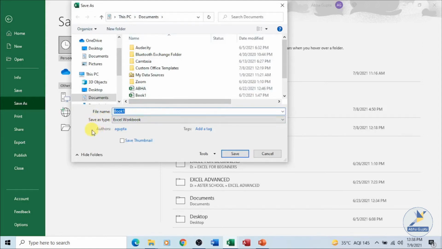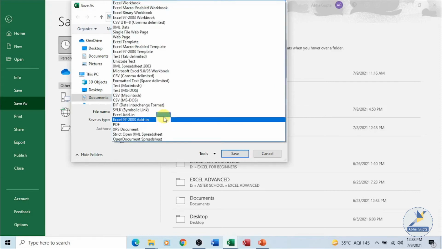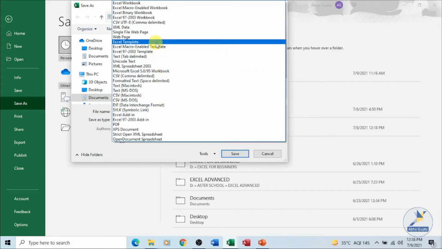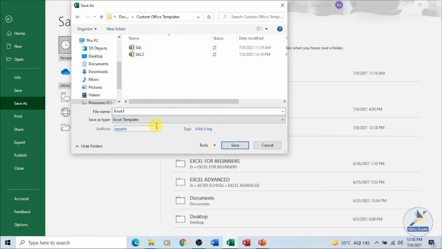The thing which you should keep in mind is Save as type. You are not saving it as a workbook. We are trying to save it as a layout for future reference, on the basis of which we will create a new workbook. So from the drop down which appears over here, you have to choose Excel Template. Our workbook has an extension of .xlsx. Here the extension of your template will be .xltx. Give a name to your template.